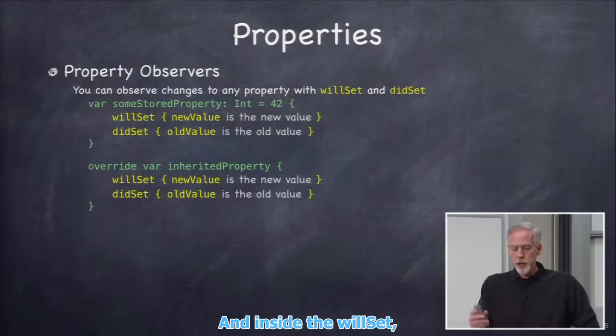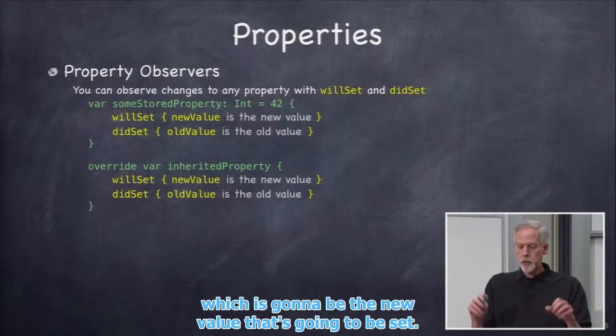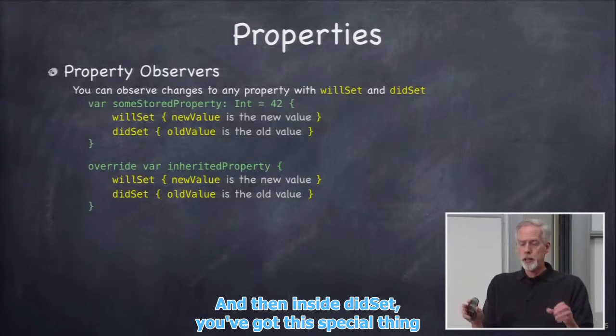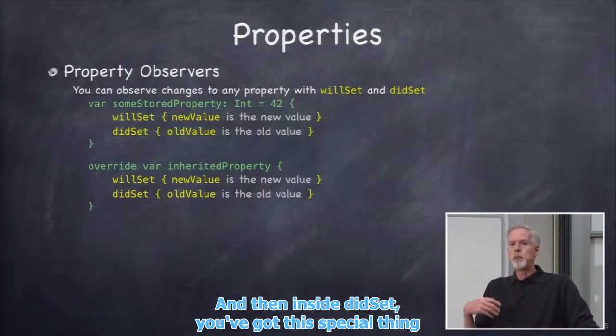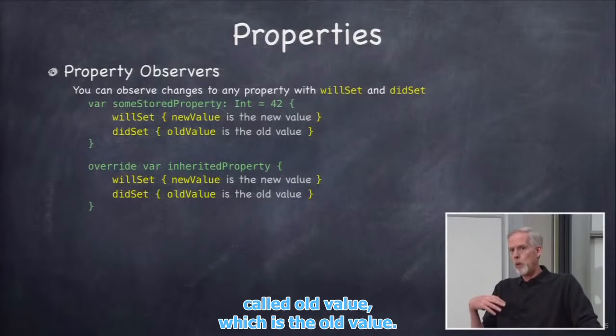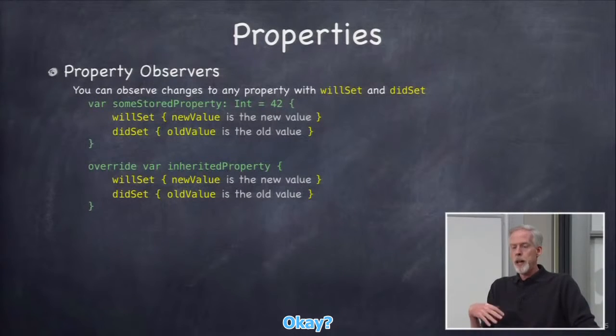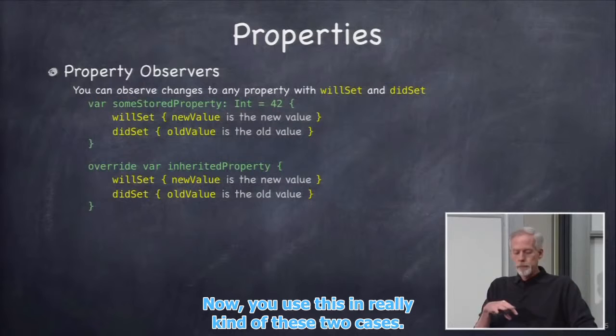And inside the will set, you've got this special variable called new value, which is going to be the new value that's going to be set. And then inside did set, you've got this special thing called old value, which is the old value. Okay? Now, you use this in really kind of these two cases. One is you